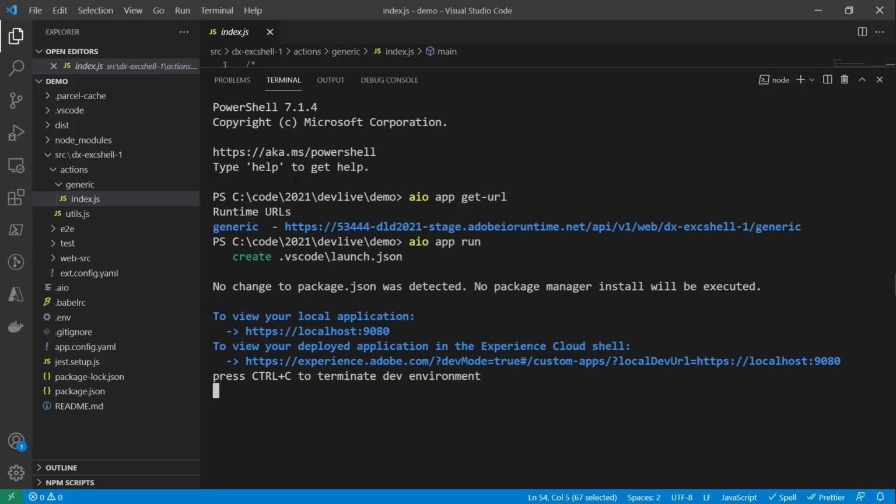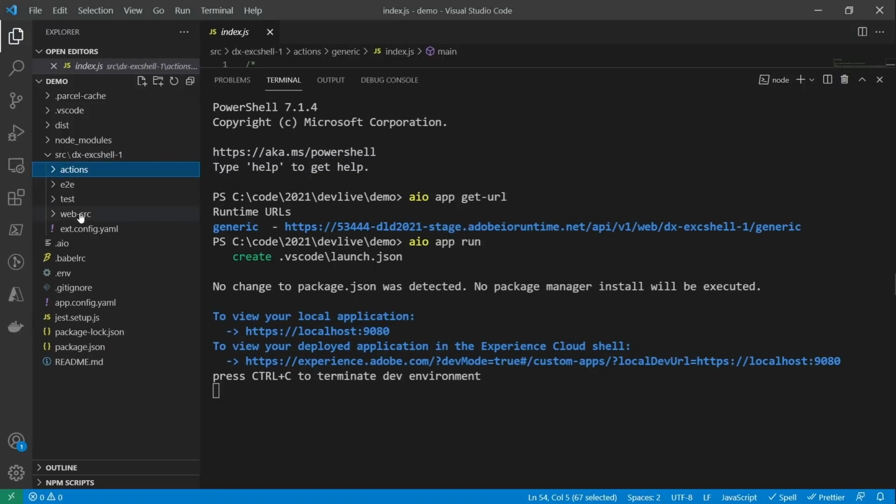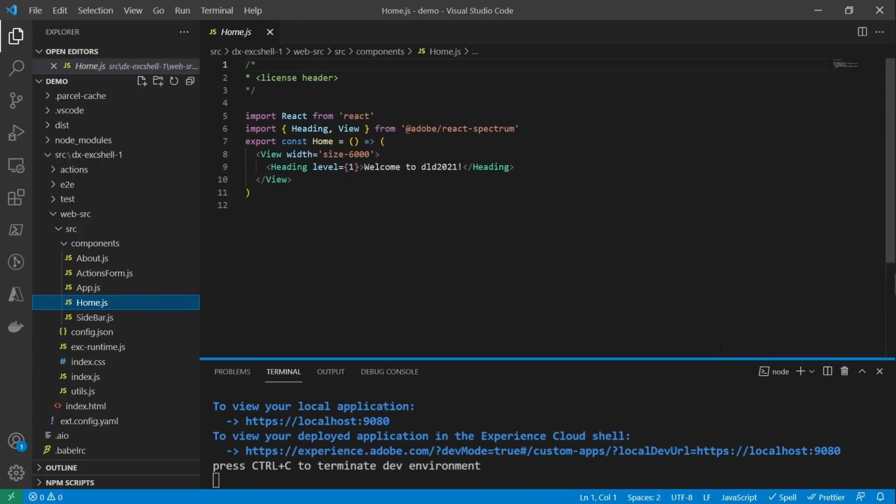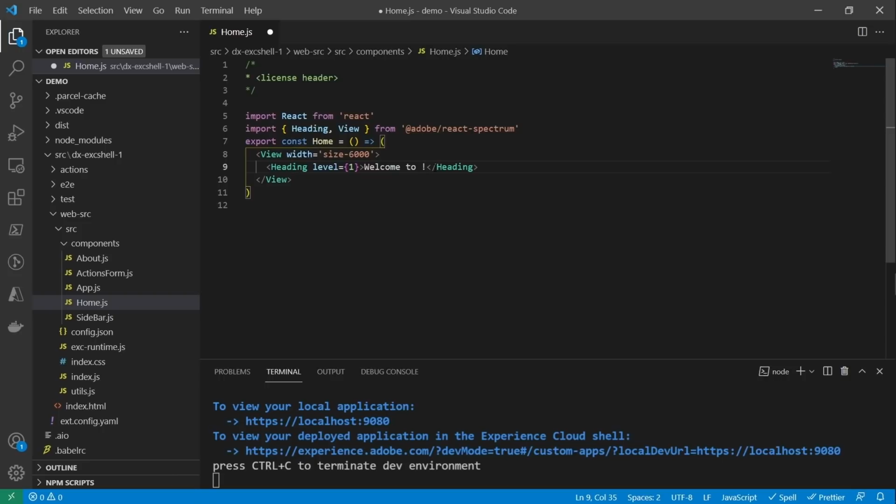So this is great. This is a little React app. If you go back in here and we go to web source components, then we'll go to home, and then I'll minimize this terminal a bit.